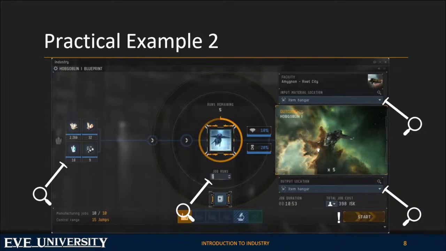Also, input and output location is really, really important to check when you are using the resources the Uni provides. So we have a blueprint library where you can copy. We have blueprints you can use, and it's really important to check where your output location is there. And also important, if you're using blueprints from the Uni, is to check where the money is coming from, so that it's actually going out of your personal wallet. And at the end you just click start,